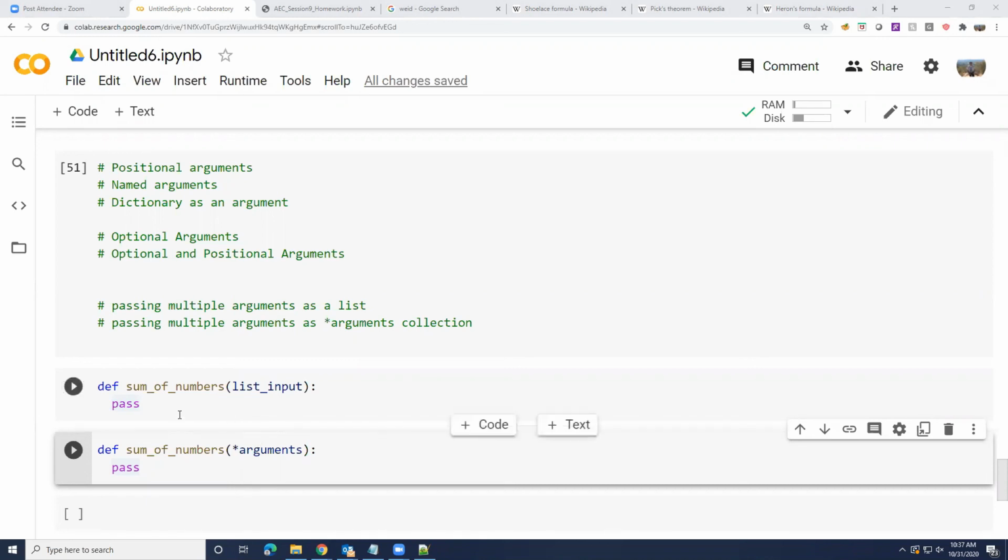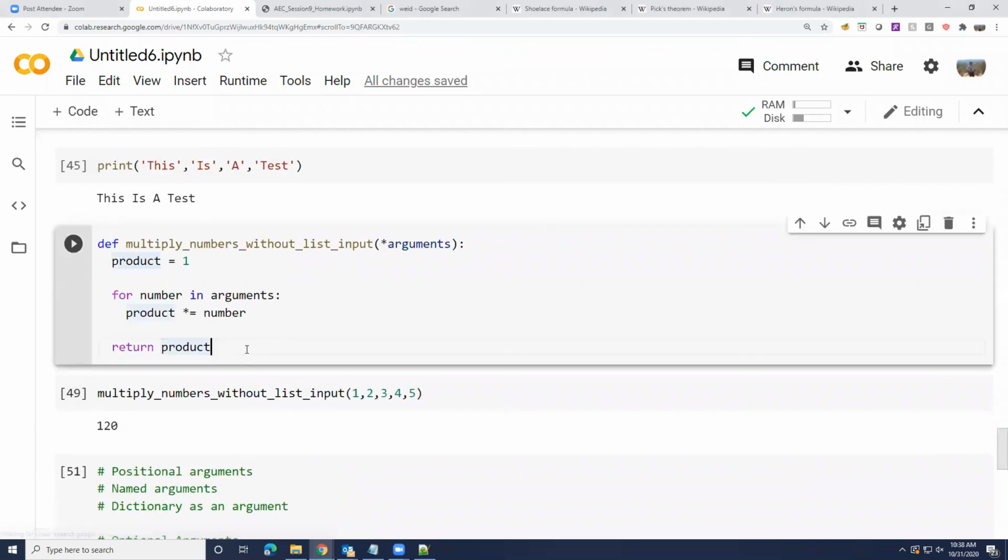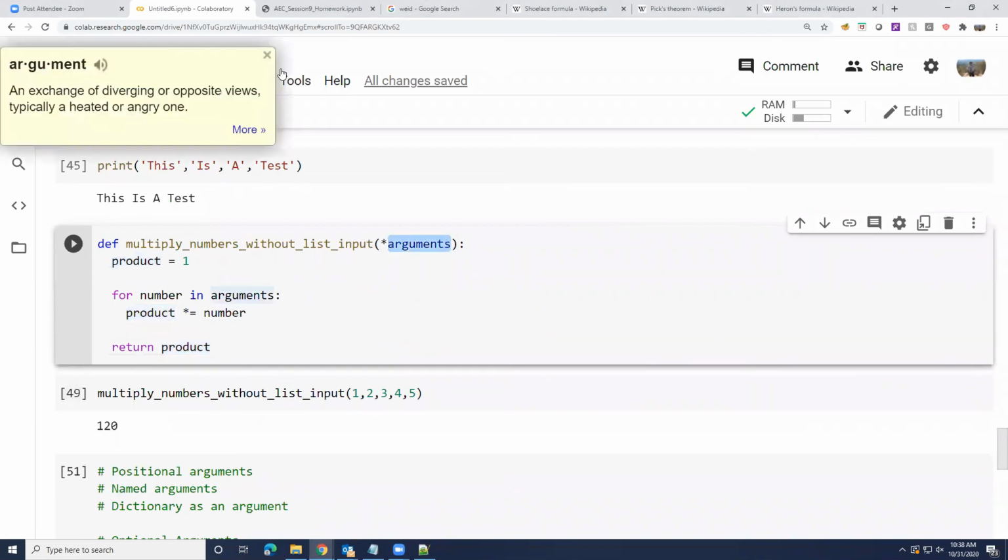So try writing these, and once you are done, you can message in the chat window. Oh, okay. I could go back to this. So you can loop through this arguments collection.